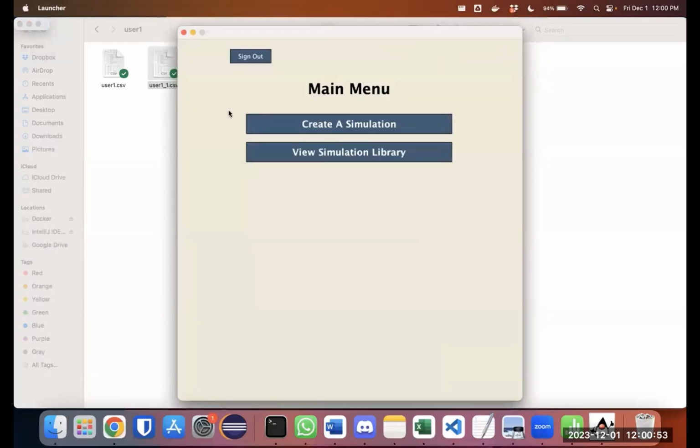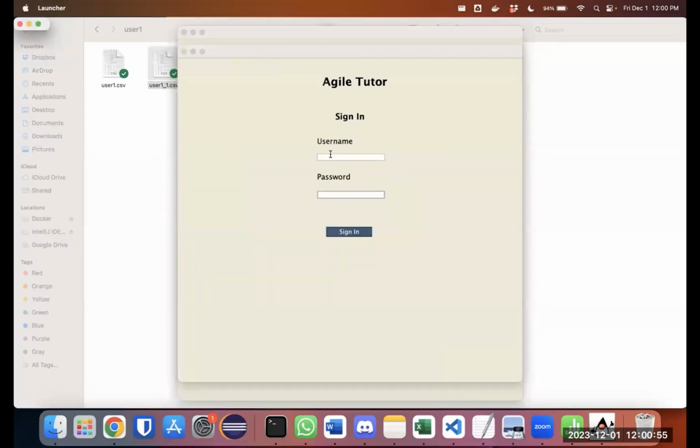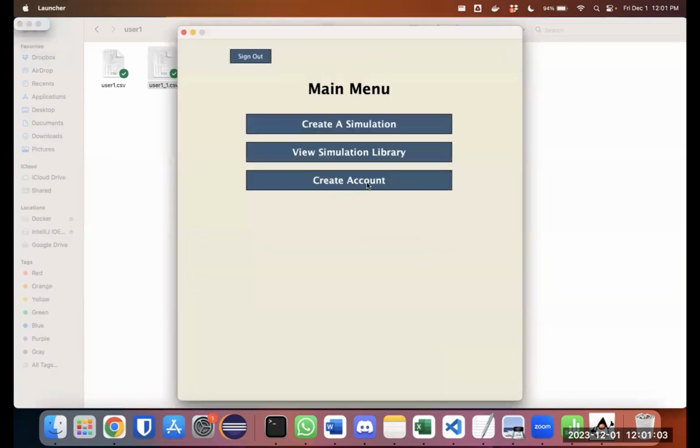Now, if we go to the home page and sign out and log in with the admin credentials, now you can see that create account button shows. That is because only the admin can create new accounts. If you click on this,